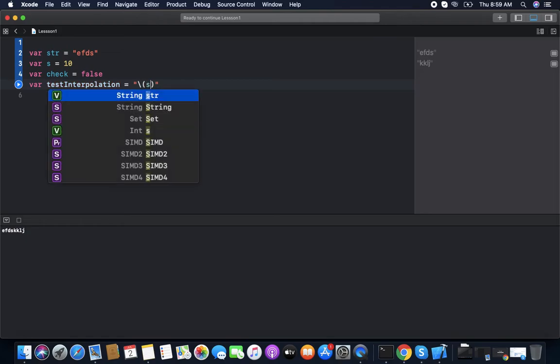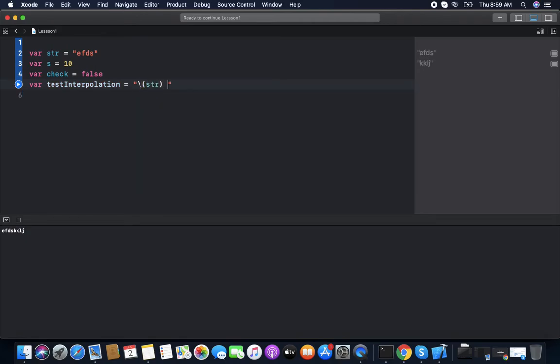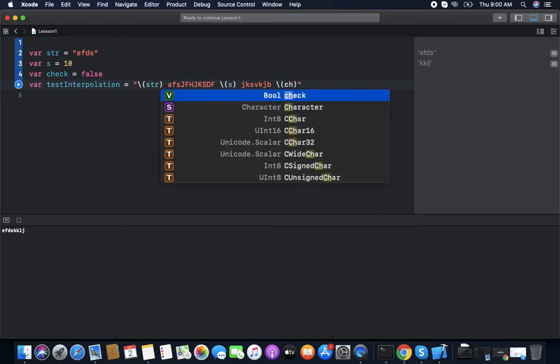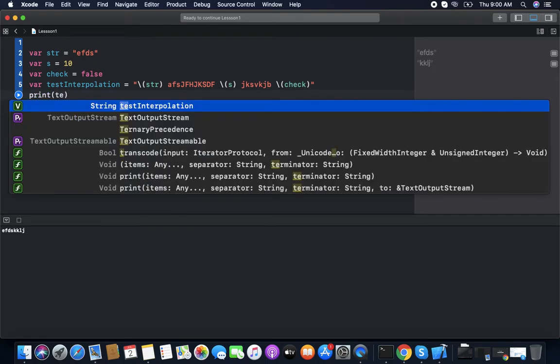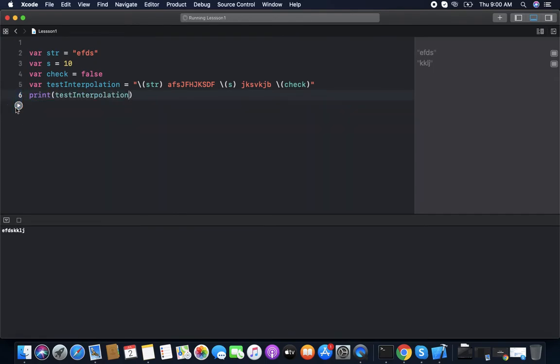So we can print str, we have some words, we can have the integer, also we can have the bool or anything. Now print it. Now you can see everything will be part of this string.